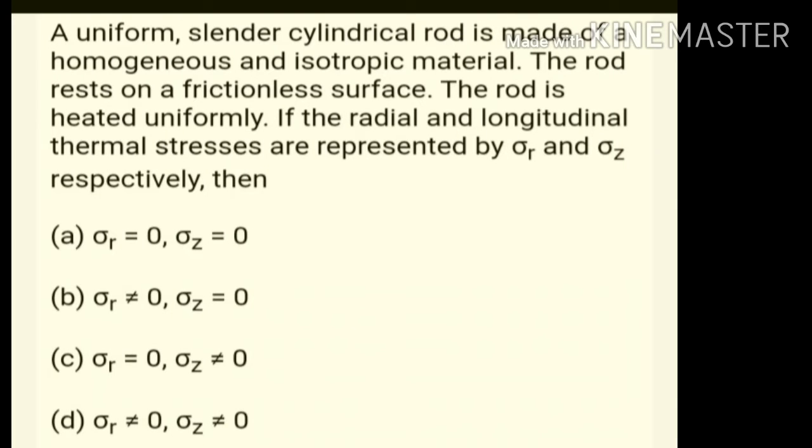Once again, welcome back to our new session, and we will continue our third part with the important bits in mechanical engineering. Here, the next bit comes like this: a uniform slender cylinder rod is made up of homogeneous and isotropic material. The rod rests on a frictionless surface. The rod is heated uniformly. If the radial and longitudinal thermal stresses are represented by sigma R and sigma Z respectively, then options are given like this: